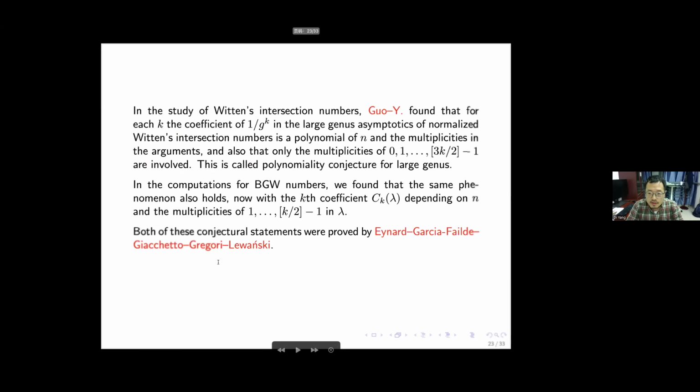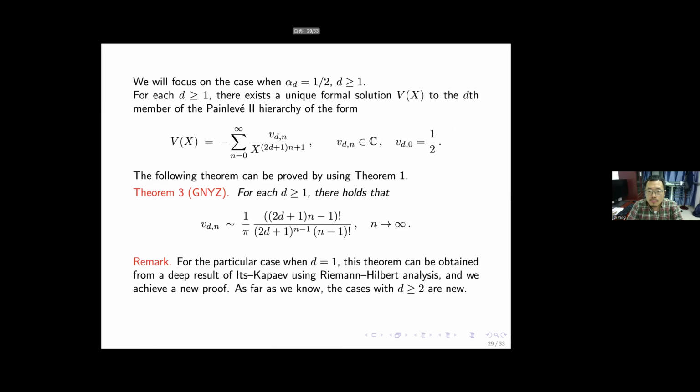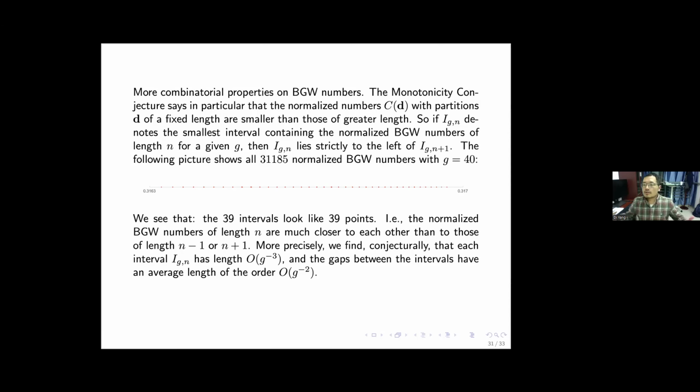So then we can draw a picture about these numbers. For example, when g equals 40, so it's g minus 1, 39, there are 31,185 partitions, so 31,185 normalized BGW numbers, and we want to draw all these numbers